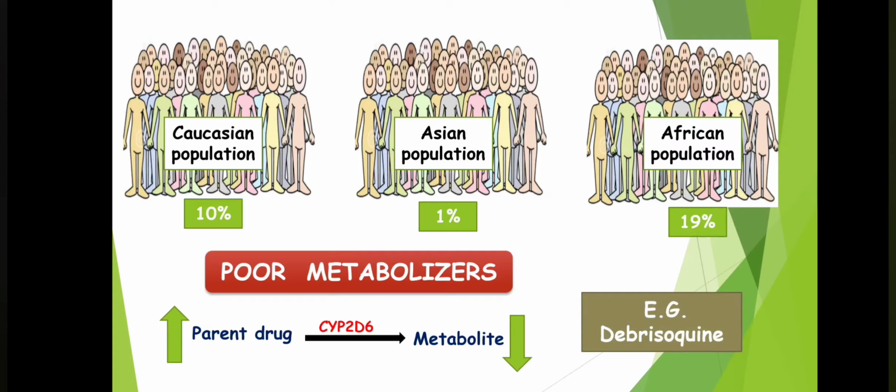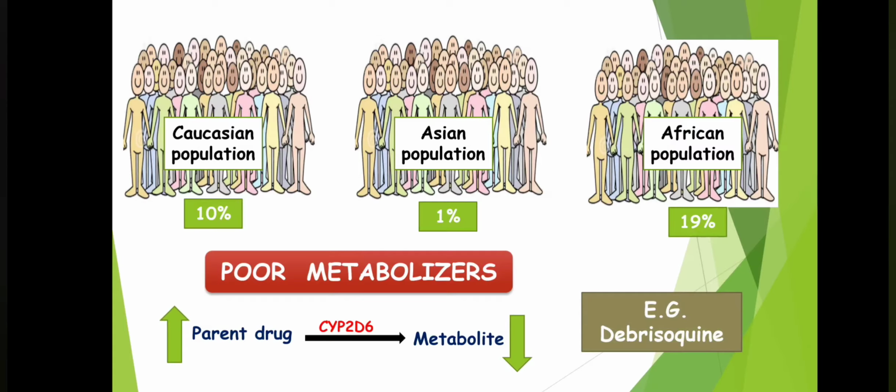Similar was reported in the case of tamoxifen. Tamoxifen is a drug which is used to treat breast cancer, and tamoxifen has an active metabolite, that is endoxifen. Endoxifen is produced by CYP2D6 and is thought to be responsible for much of its anti-estrogenic activity by which it can treat breast cancer. But patients who are poor metabolizers cannot convert tamoxifen into the active metabolite, endoxifen, and therefore do not benefit from clinically relevant endoxifen concentration.